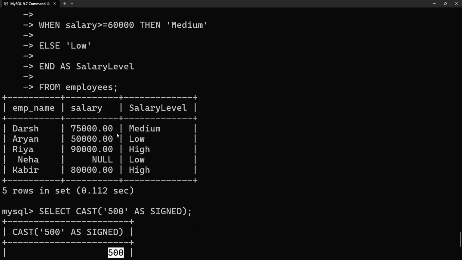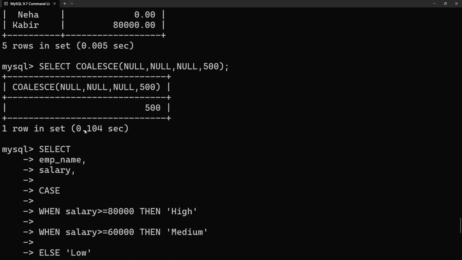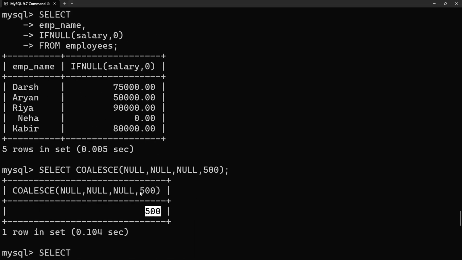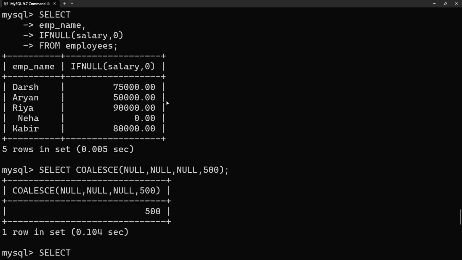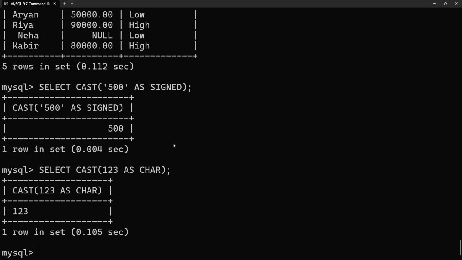Take a look at this, take a look at these. So in the SQL terminal, the numbers are aligned to the right while the characters are aligned to the left. That's a little trick I've learned over the years, and yeah, that's how you do casting